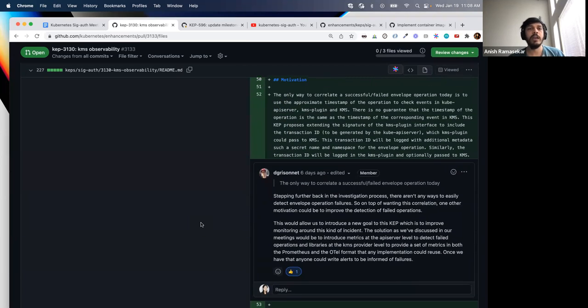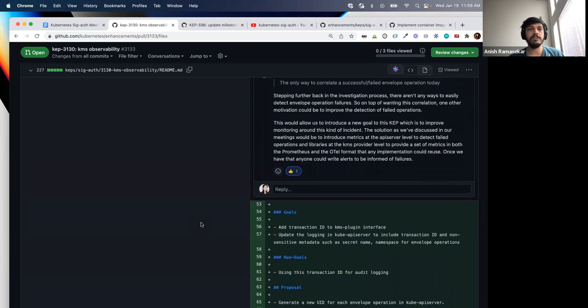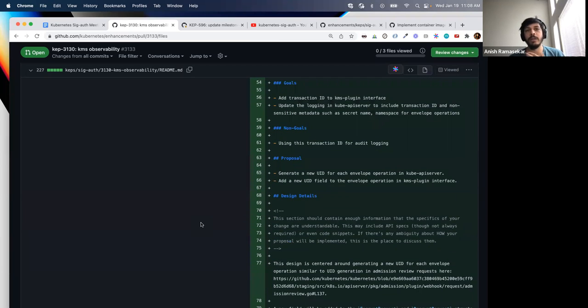Because today, if we have to do any kind of correlation, the only way that we can correlate errors or requests coming in is by looking at logs in the KMS plugin and then correlating the API server logs based on the timestamp. So what we're trying to propose as part of this cap enhancement is to add a UID field in the Proto API, so that for every encrypt and decrypt request that we make to the KMS plugin, we generate a unique ID and add that as part of the API request.